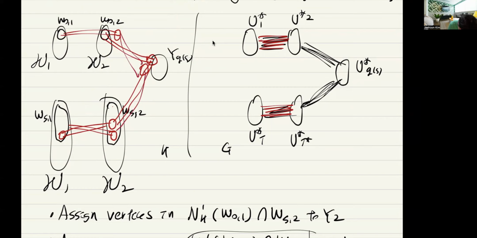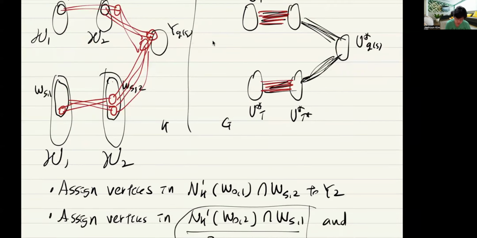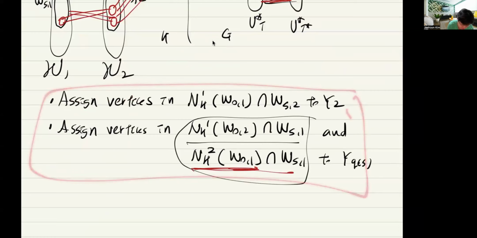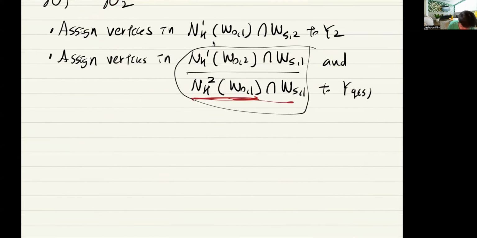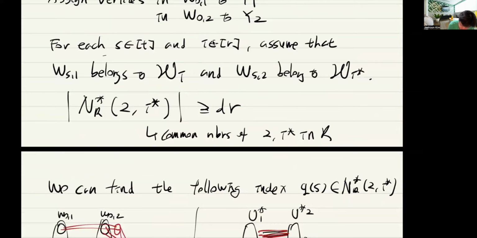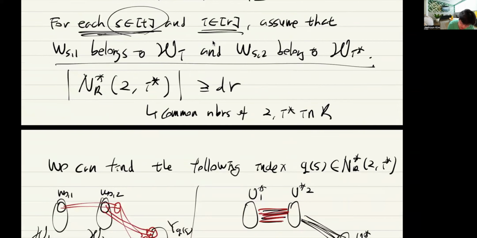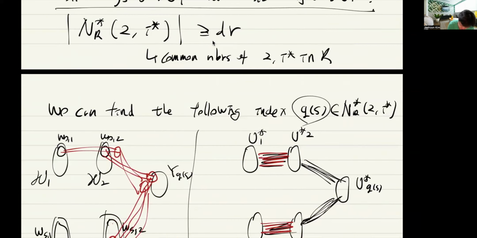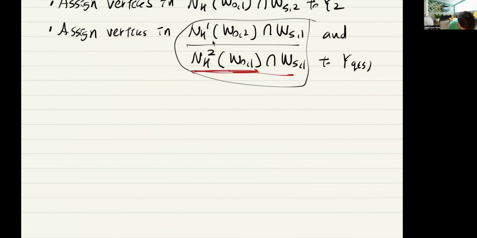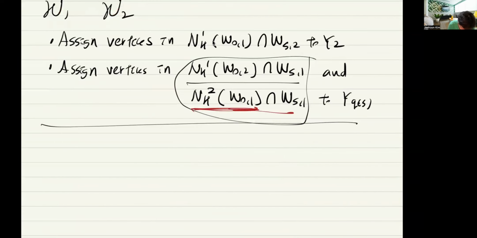Here and then right here. So after doing that, now this structure respects the structure here. The edges between here are all gone. So we do this, and we do that for all choices of S. For each S, there is a specific I for which this holds. And then with those choices, you can choose this and you do that. Then after doing that, what happens is that